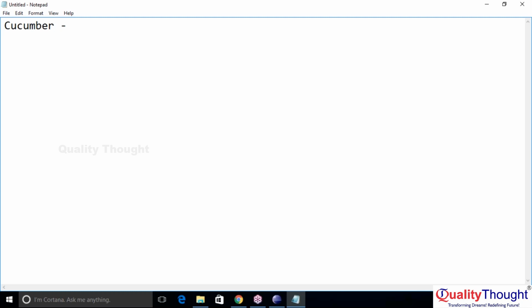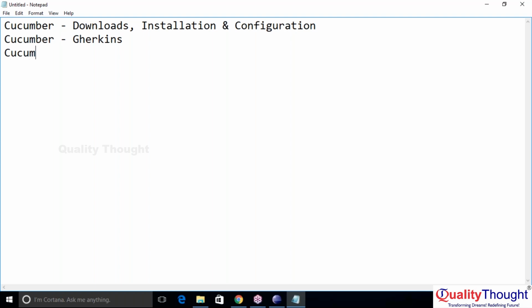Cucumber downloads, installation and configuration, Cucumber Jenkins, Cucumber feature, Cucumber step definition,